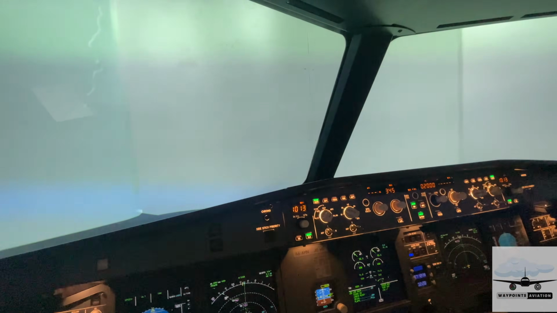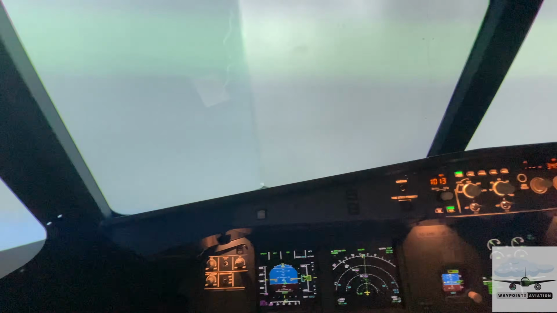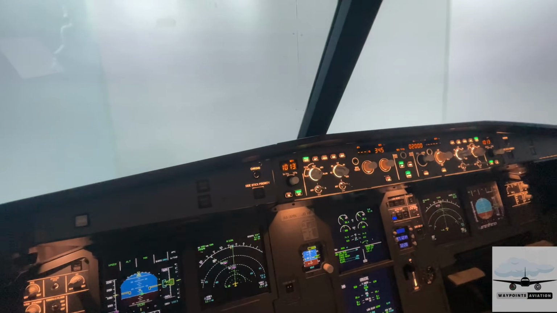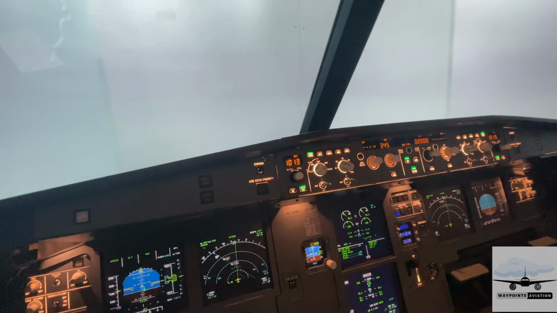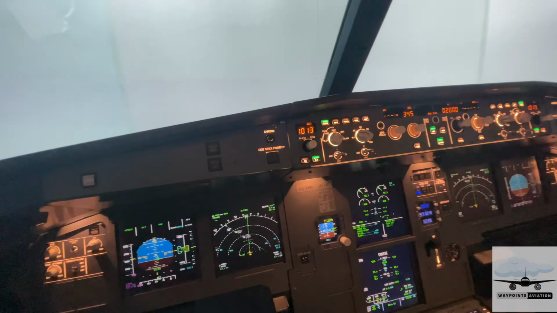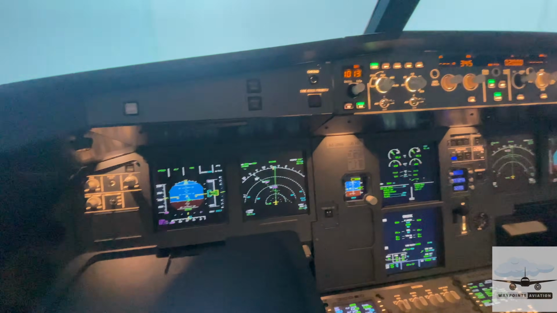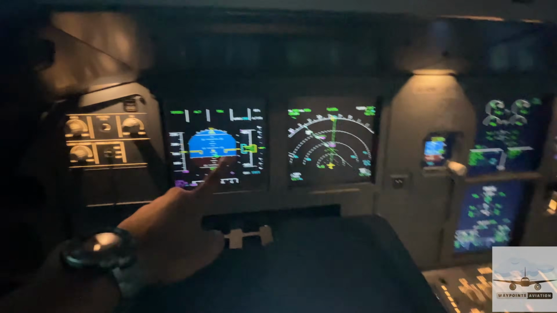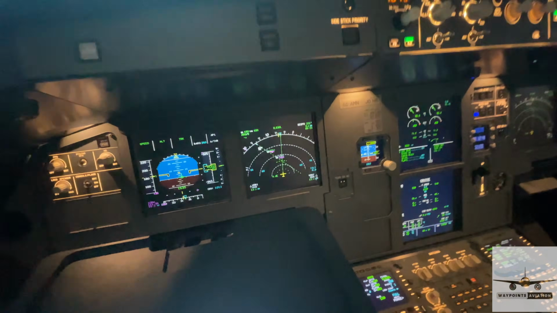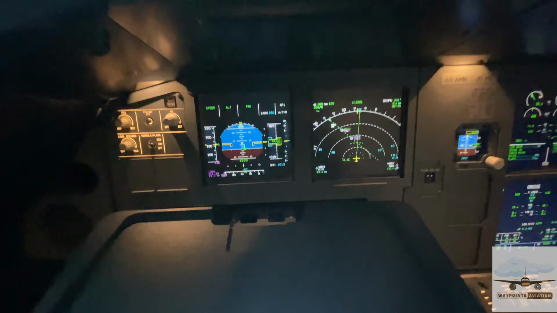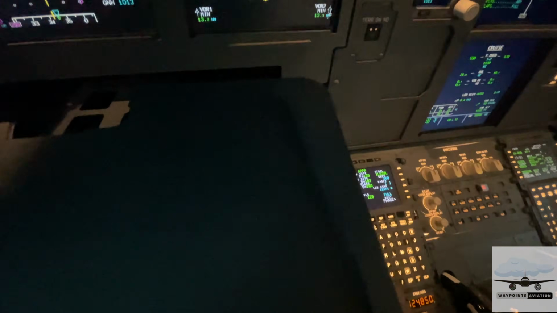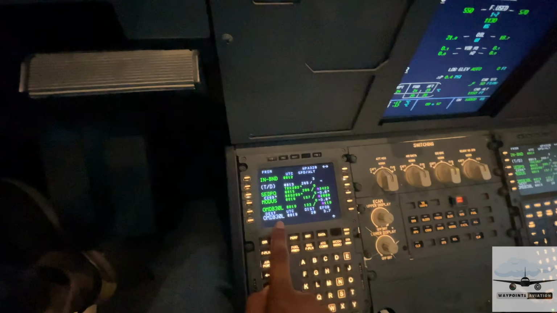First and foremost, it's overcast right now, so the base of the clouds is just above the minimum. So I'm not going to be able to cheat and visually see the runway until I follow the localizer and glide slope accurately down to the runway. So that's a test for me. Pray for me. And in preparation for this, we've already programmed in our flight plan, which is coming to Dubai,